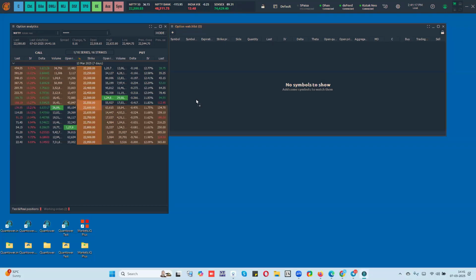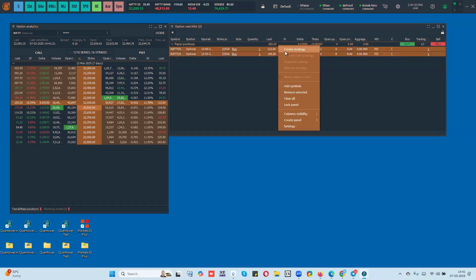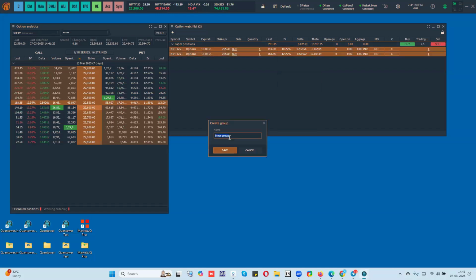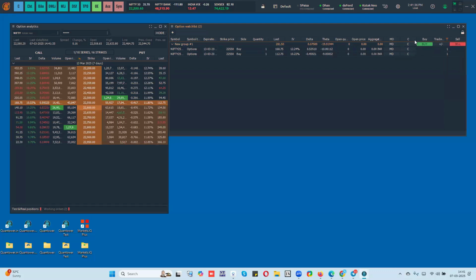You can simply drag the symbols and create a straddle. You can give it whatever name you want, and you can now place a buy order or a sell order directly from here. All these orders will go at market, and this is how you can do the basket orders as well.